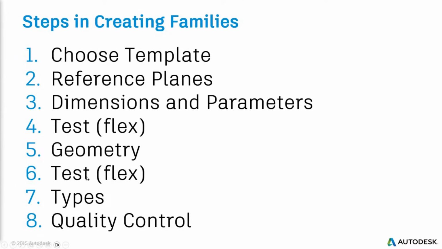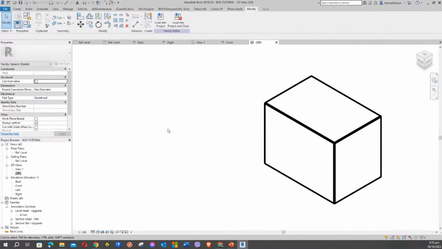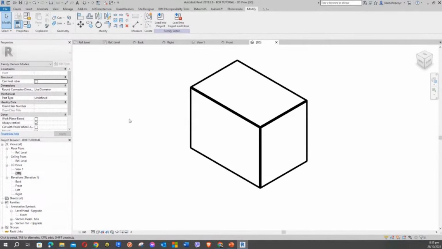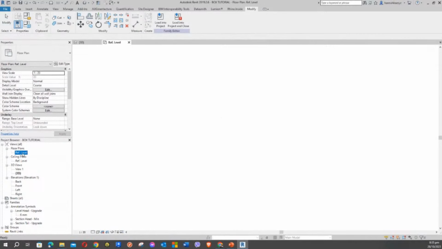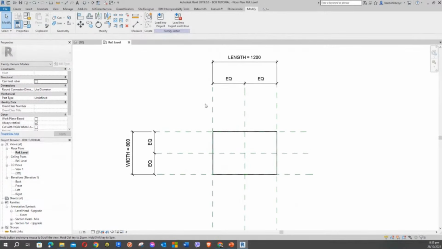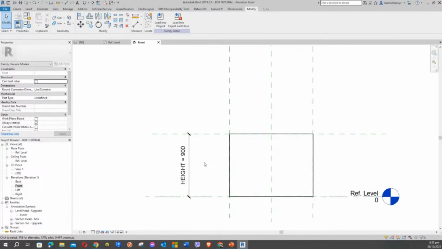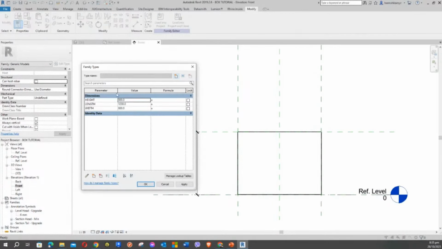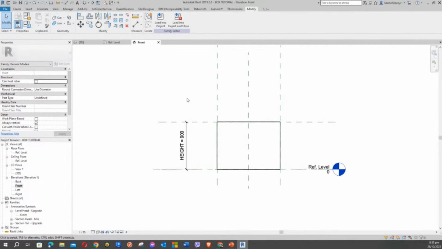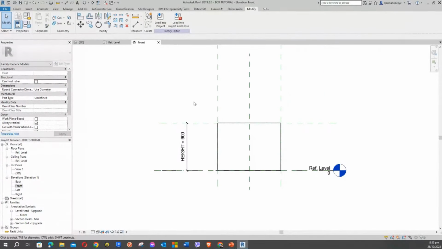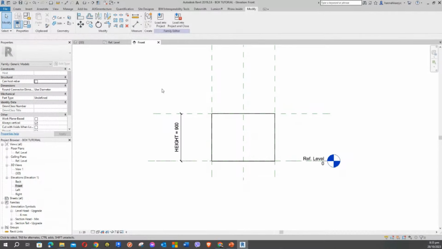Now let's do some types. Okay, now can we do the types? So just to do the type, let's say we have the 1, 2, we have the 800, in the front we have the 900. Just to verify, we have the 1, 2, 800, 900. Okay. Now how can we add type into this? So to add type, for example,